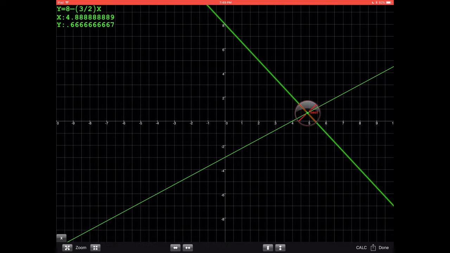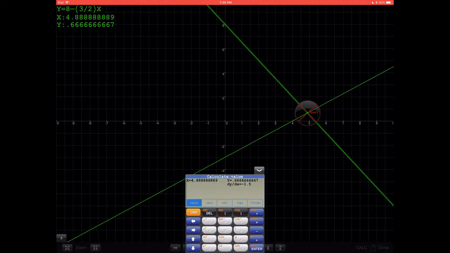Okay? And then if you hit frac, it will tell you what the actual values are. Now, 0.66666 is 2/3. And I forget what 4.888 is. I have it on my sheet of paper. So now I'm going to go back into